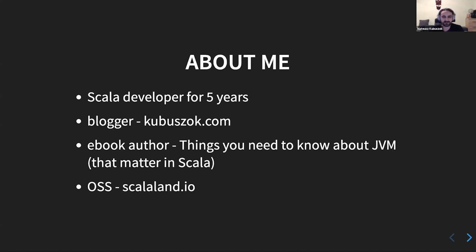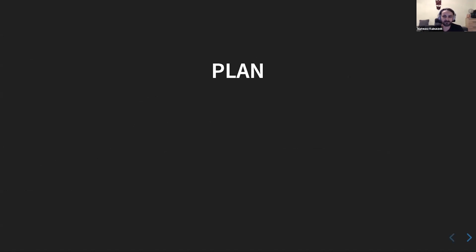So let's get back to what this talk is about. The plan is first to talk a little bit about the JVM, what it is, what is happening underneath that we should actually take care about, and does it even affect us? Most of the time, we want to abstract away from implementations. Cats Effect pushes that even further, but still, sometimes we might care. So this is about what is happening underneath.